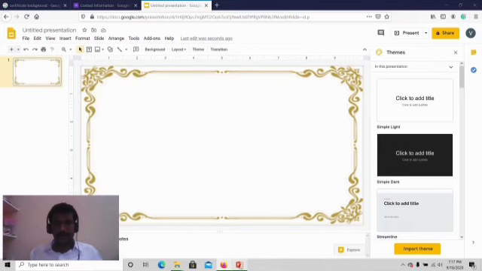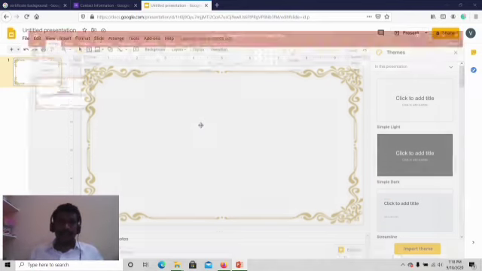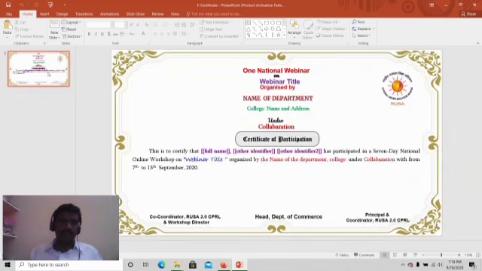I have an example model of a certificate I already designed for your convenience, because if we draw all the things, it will take more time. So I already prepared one certificate. We can open that, and also see here you can insert logo, signature, all the things. This is the already pre-drawn certificate. See here, this is the RUSA logo. This is the name, one day national webinar, or a quiz, etcetera. Conference you can give, and the webinar title.